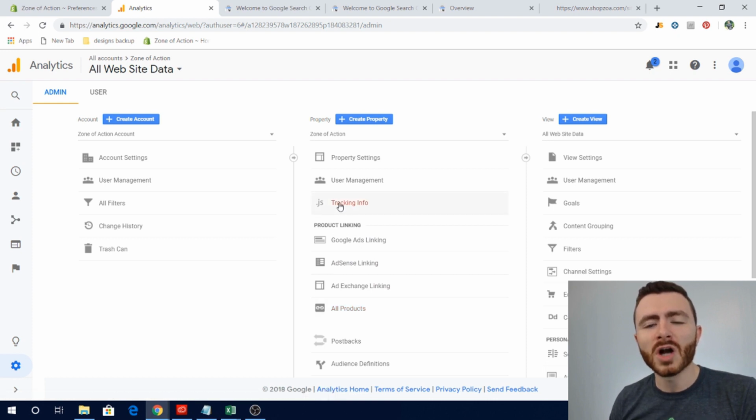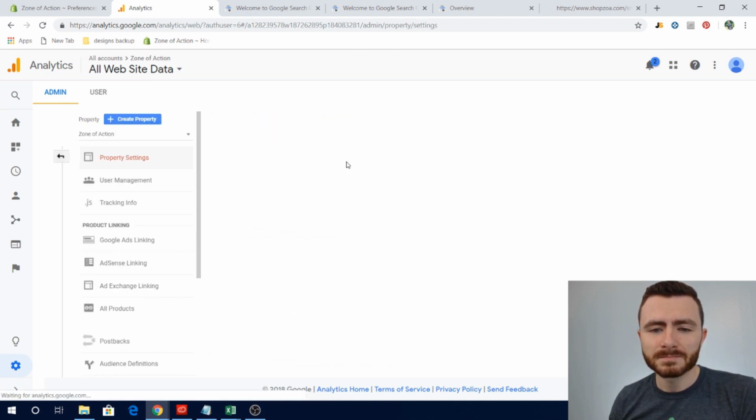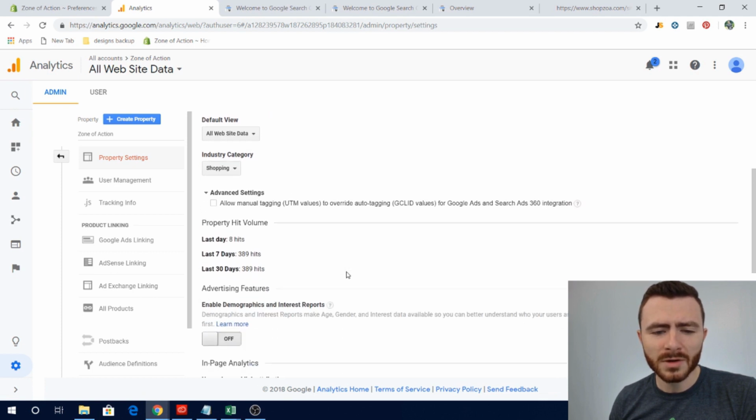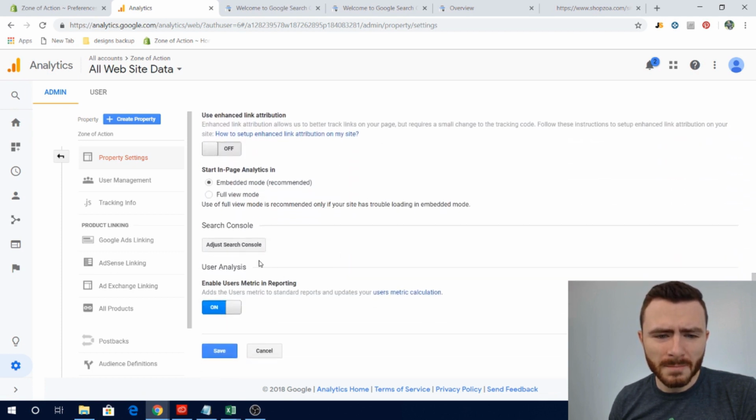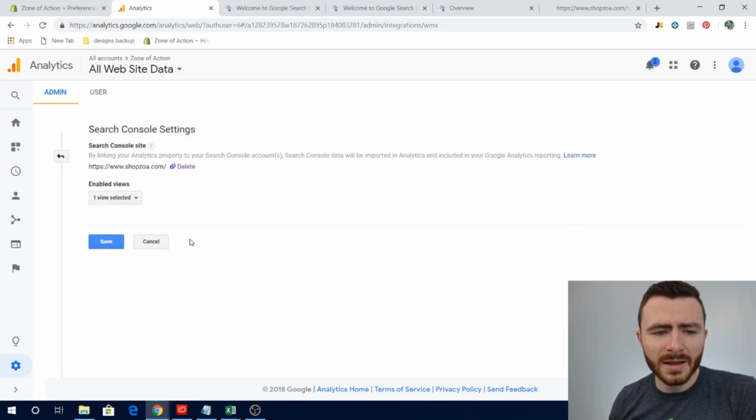For those of you who have tried to do this before, or maybe you've messed around with it a little bit, you're going to go to Property Settings, and then scroll down to adjust Search Console. You're going to click that, and instead of a delete button like on my website, which I already have connected, you'll have an add button, and then you're going to add the Google Search Console through this dashboard. Either way, whichever way you choose,